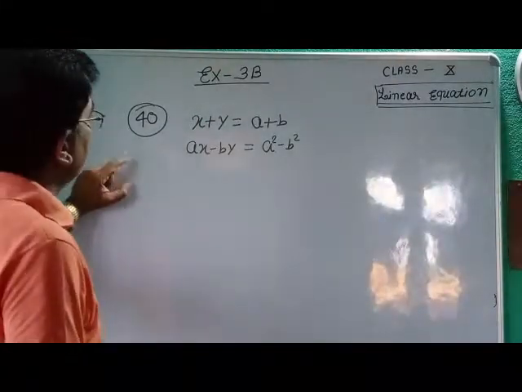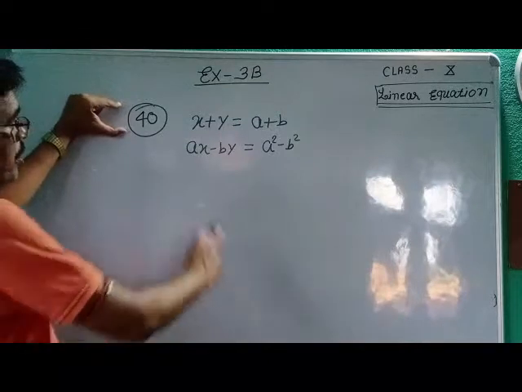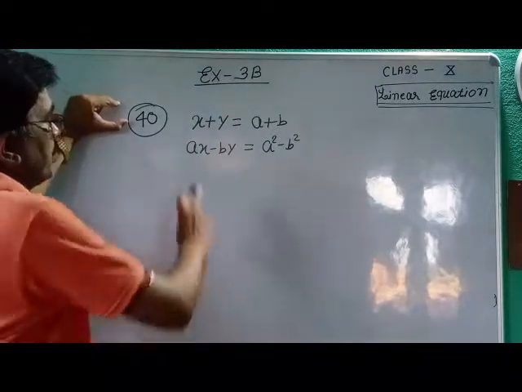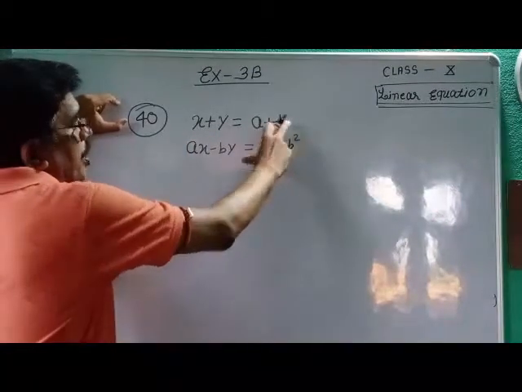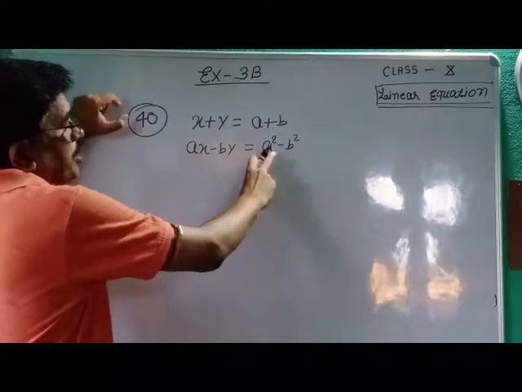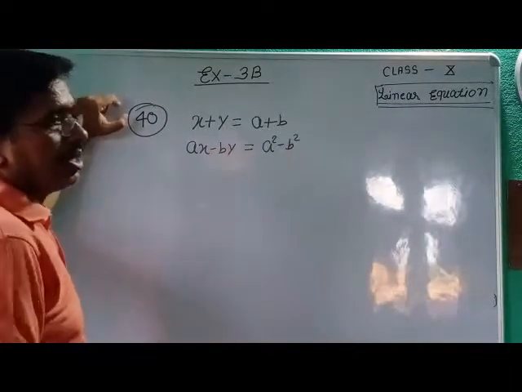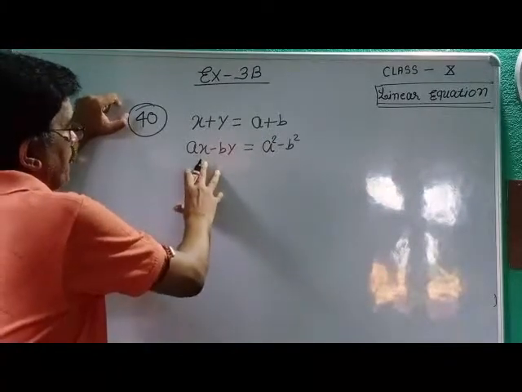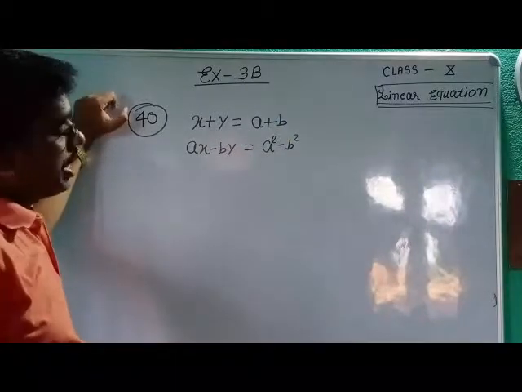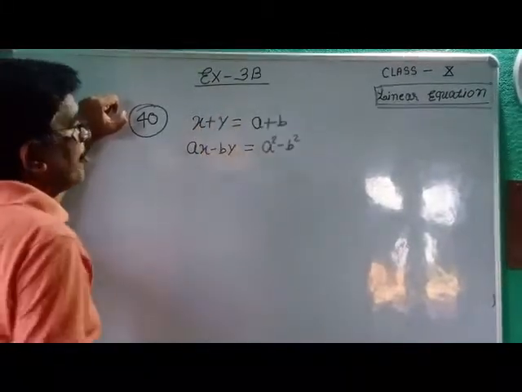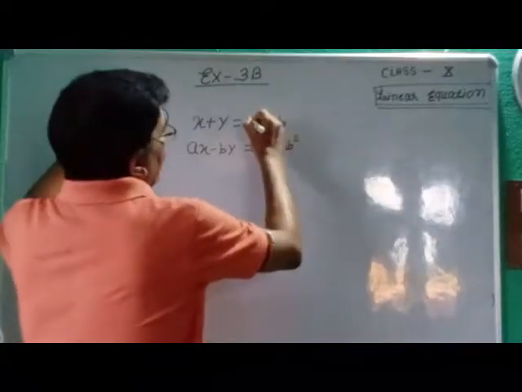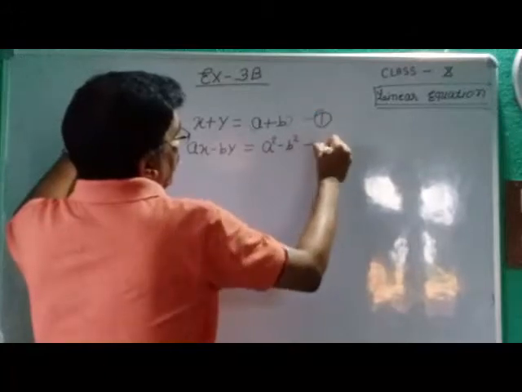Now dear students, from question number 14, the coefficients are given in the form of algebra, in the form of variable terms. Here you see x plus y and here also a plus b. Coefficient of x is a and coefficient of y is b, and its constant term is a square minus b square. So you only have to keep in mind that x is the variable and a and b are constants. So you only have to find the values of x and y in the form of a and b. So dear student, you work here with equation first and here second.